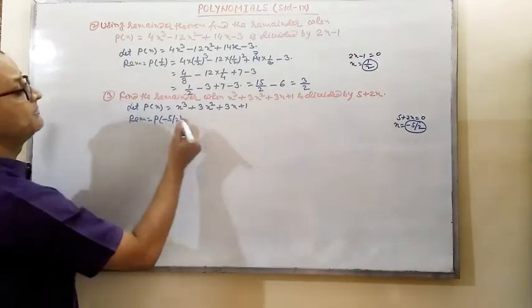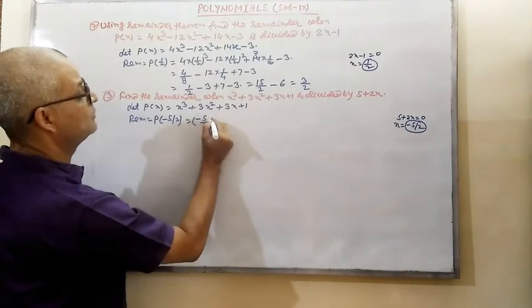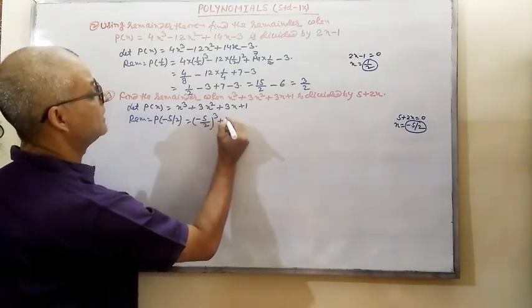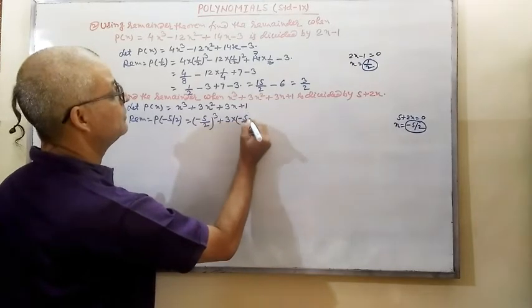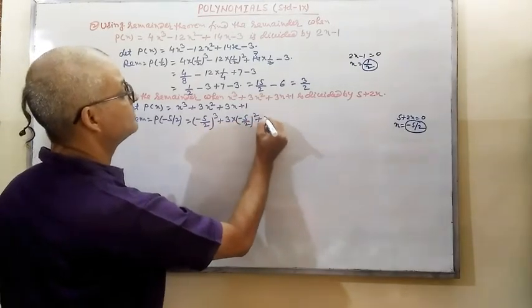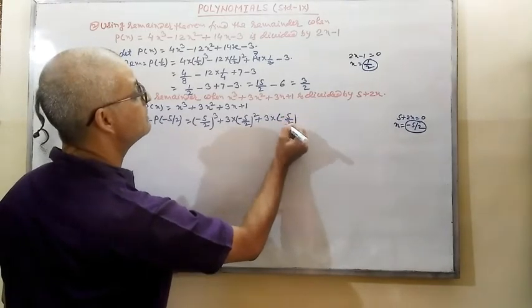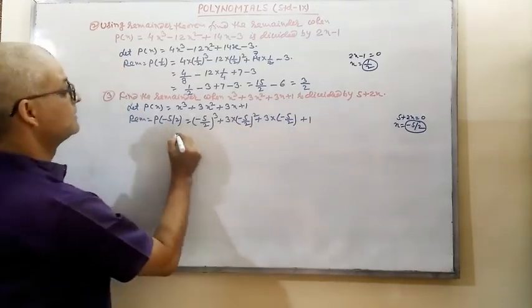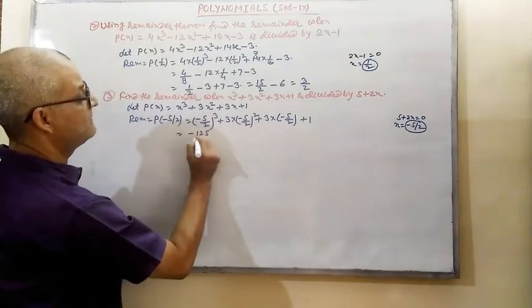Now substitute minus 5 by 2 in place of x. So (minus 5 by 2) whole cube plus 3 into (minus 5 by 2) square plus 3 into minus 5 by 2 plus 1. (Minus 5 by 2) whole cube, that is minus 125 by 8